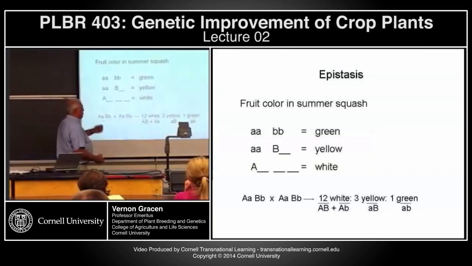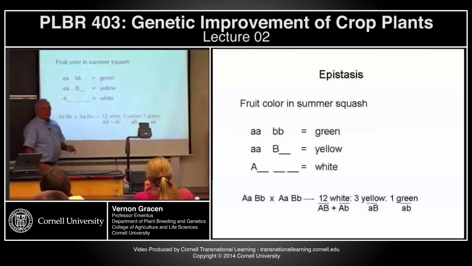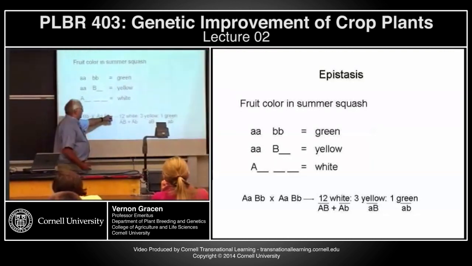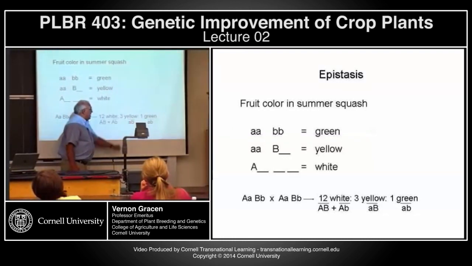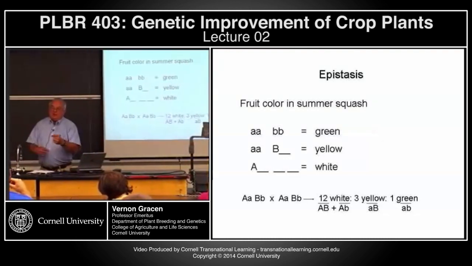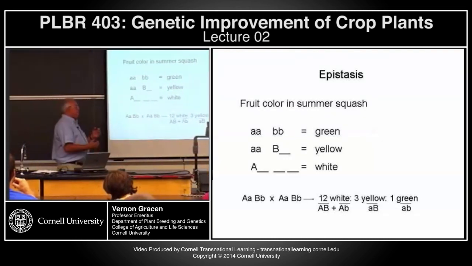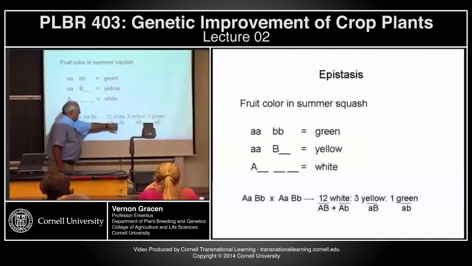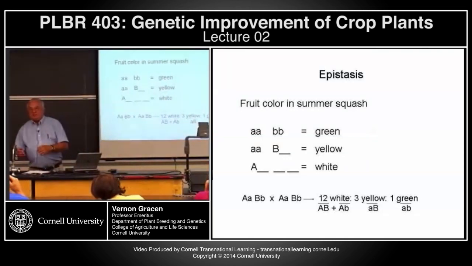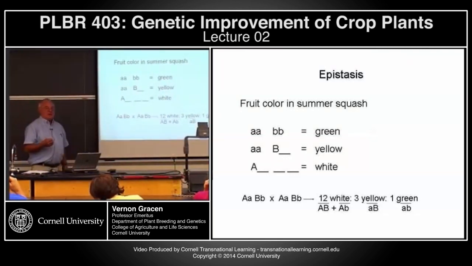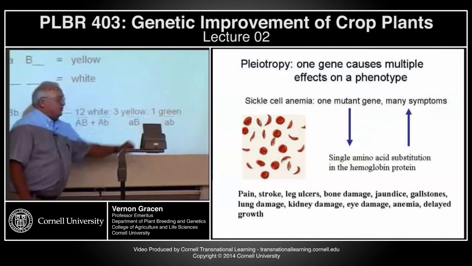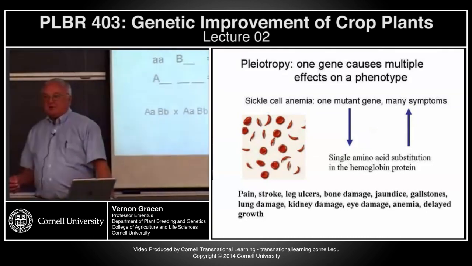Saying that as long as you have the dominant A, you're going to get white. In the absence of the dominant factor at the A locus, if you have a dominant B, you get yellow. If not, you get green. So somehow, metabolically, the product of the A gene inhibits the product of the B locus, whether it's dominant or not. But in absence of the dominant A locus, you can see differential expression at the B locus.